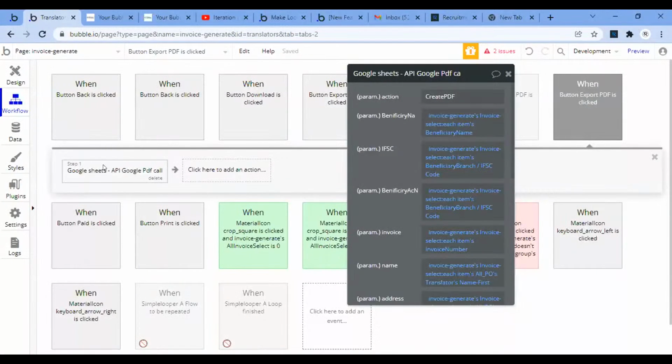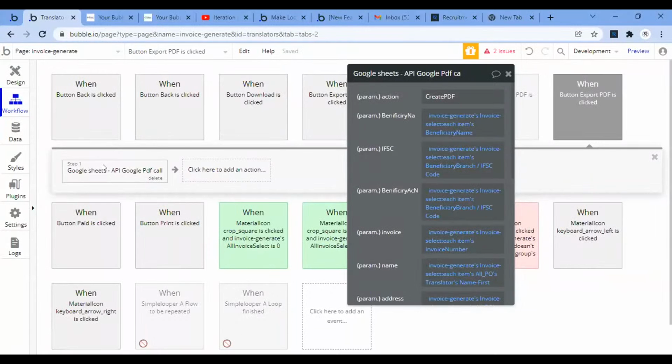So what we want to do is, what is the repeating group of? It's invoices? Yes. Okay. So you're trying to send a list in there, and it's not working with a list, but it works if there's just one, right? Yes. Okay, so what we want to do is take all of these